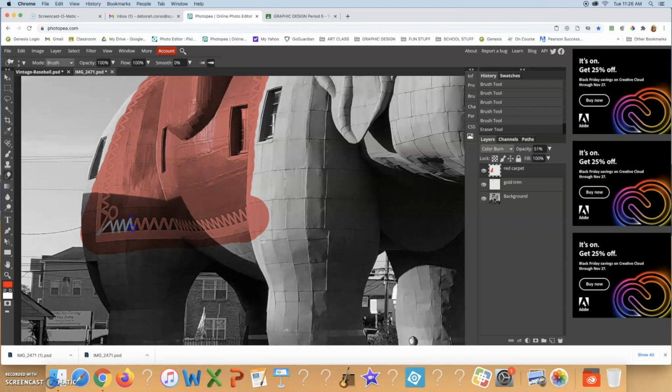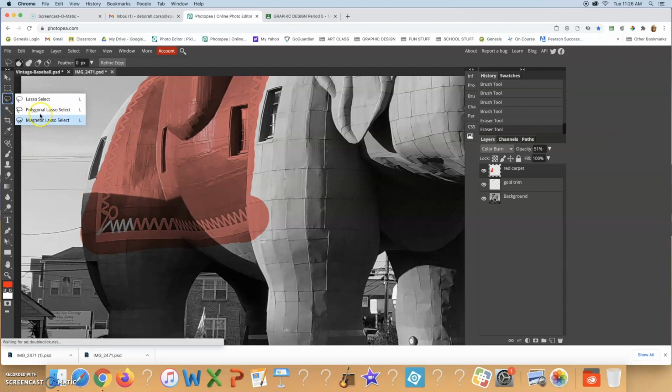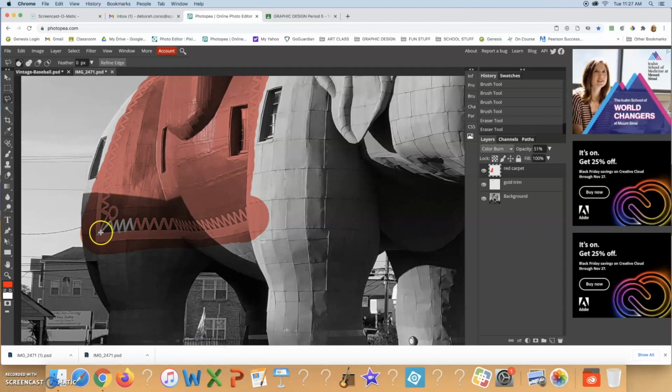So there are ways that I can work around this. For one thing, I can use a lasso tool. Okay, so if I use the polygonal lasso tool and I make a selection of a straight line and I select what I want to remove, where I want to remove the color, the polygonal lasso tool will allow me to do straight lines